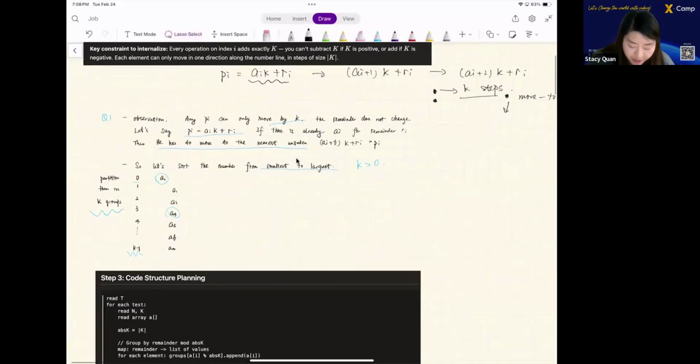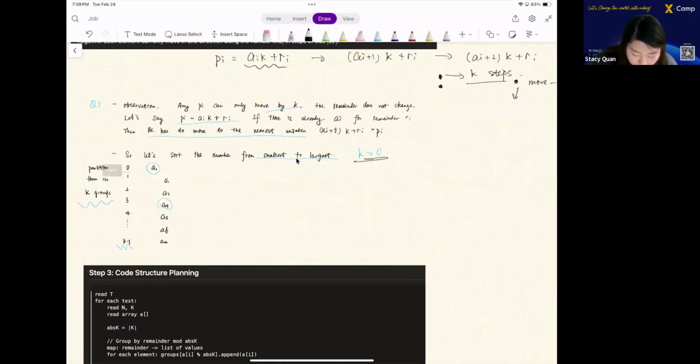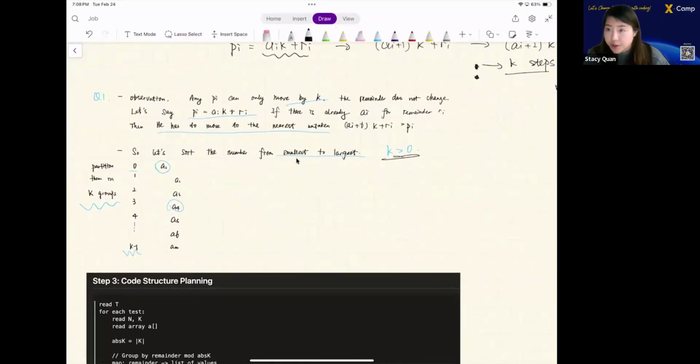If k is greater than 0, then I sort the numbers from smallest to largest. Then I know the numbers are strictly increasing. So for every number, I'm going to try to assign it to the partition remainder groups. And in the remainder groups, you will notice if a collision happens, because in the remainder group, I no